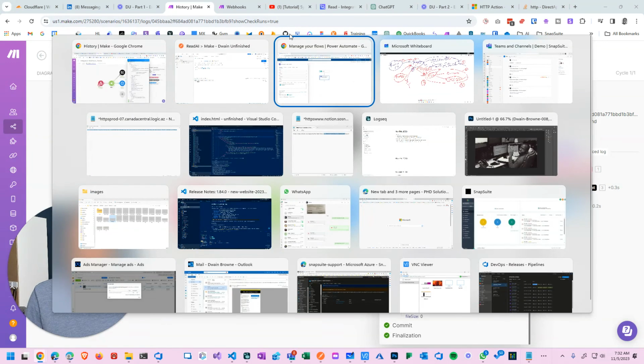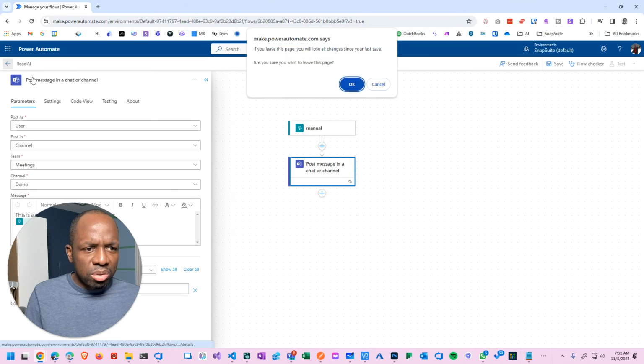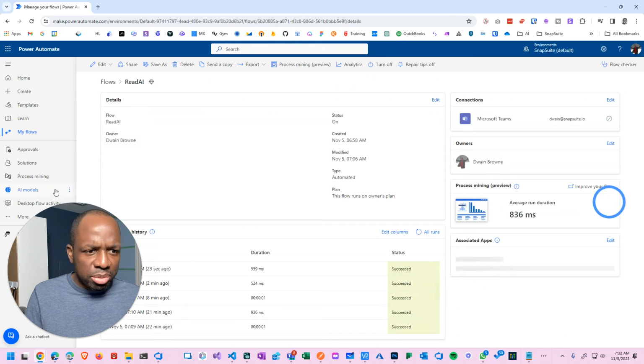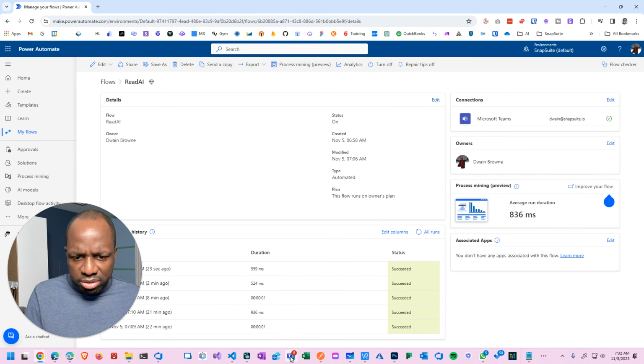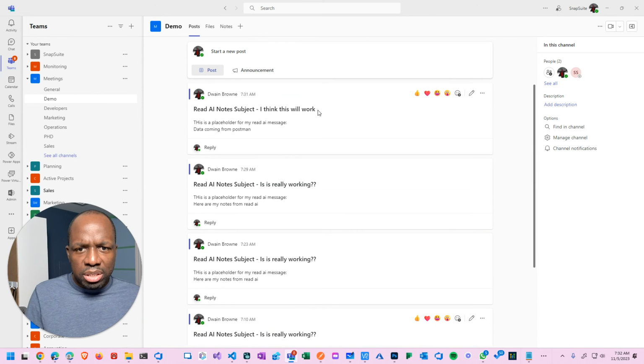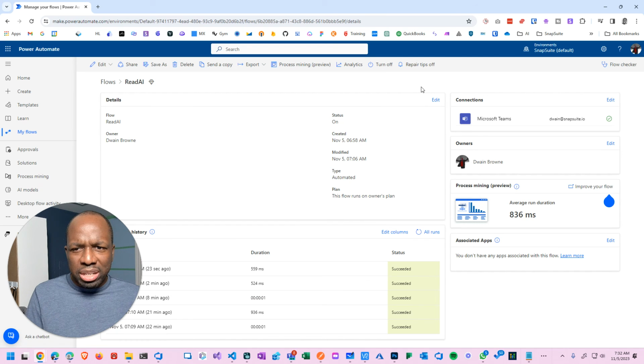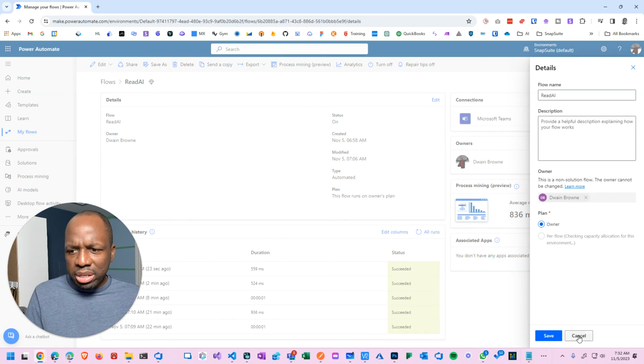So then we go back to Power Automate. Go to here. Don't care about that anymore. We got a success there. Now if we go to Teams, I think this will work. This data is got from Read AI placeholder, right? Fantastic. And I think we had this thing before. We don't have to do this anymore. We could get rid of this Read AI subject. Where did we put that? I think we put that in the Microsoft Flow. So we can come back into Flow,